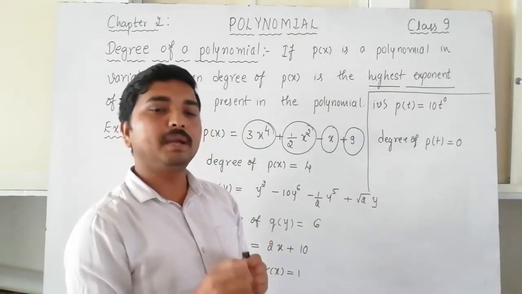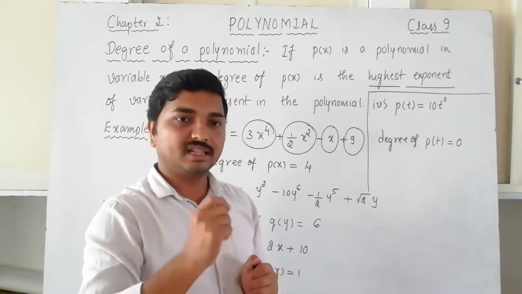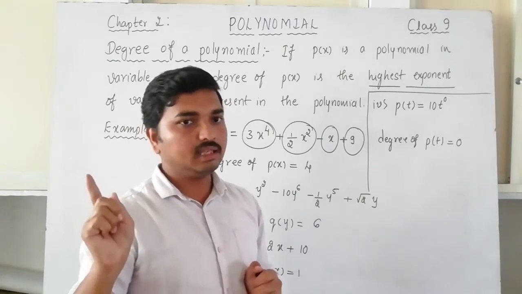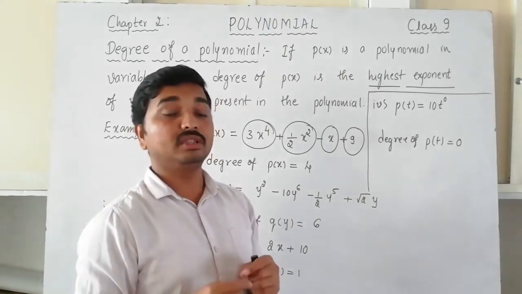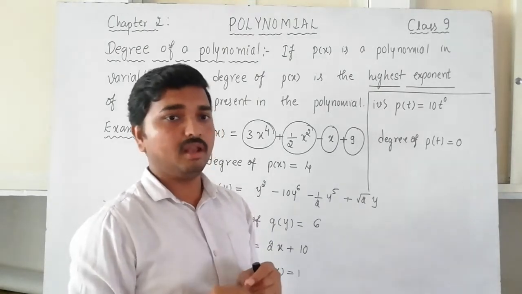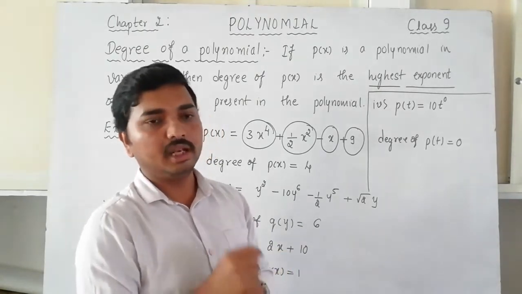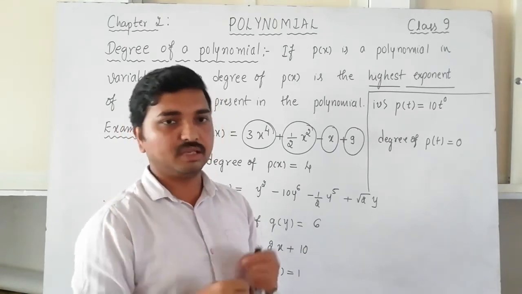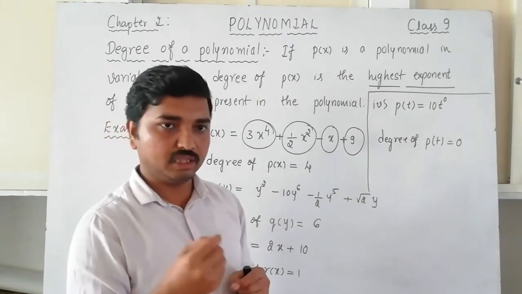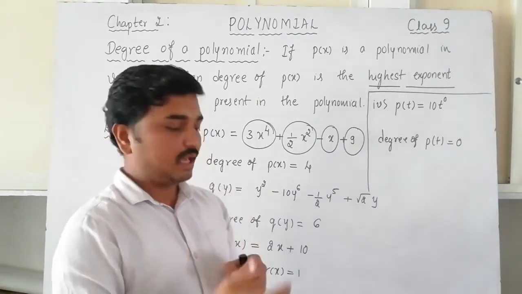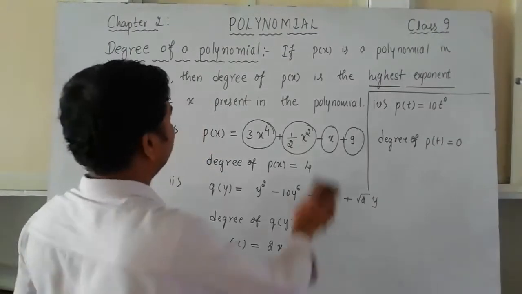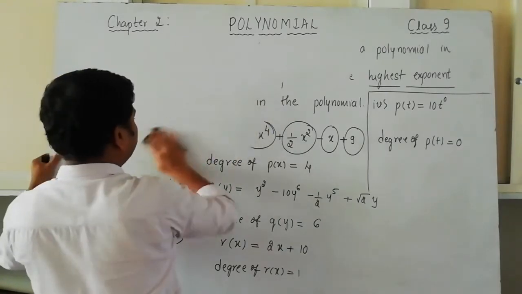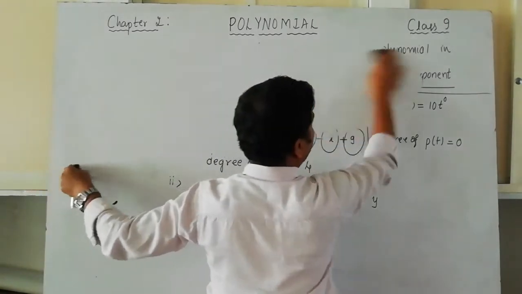Depending on the number of terms, there is a classification for polynomials. I think you have studied this in the 8th standard. So depending on the number of terms present in a polynomial, polynomials are classified. This is already learned, so I'm not going to discuss that one or give the definition for you also. I will move on to the classification of polynomials. How can the polynomials be classified?